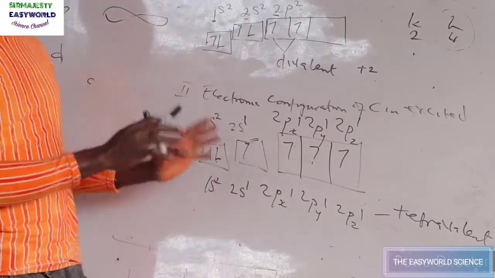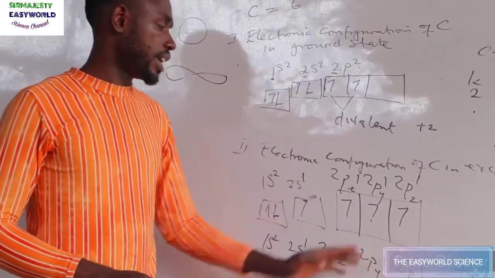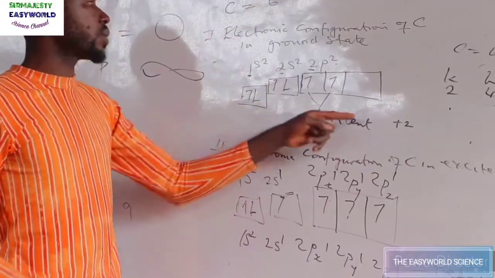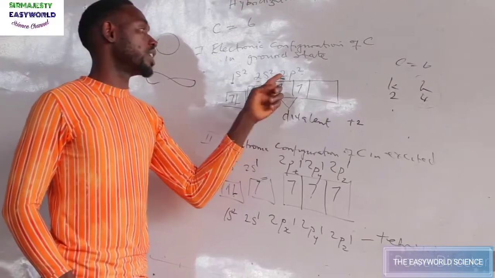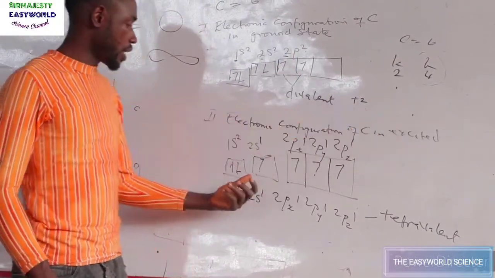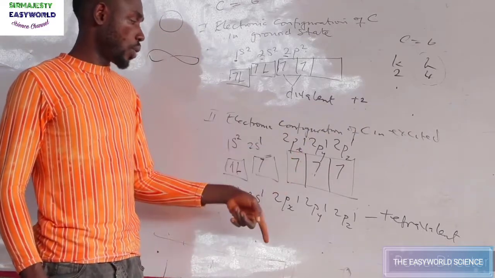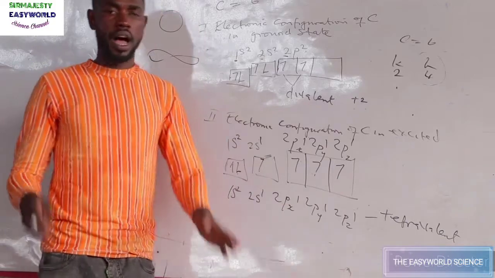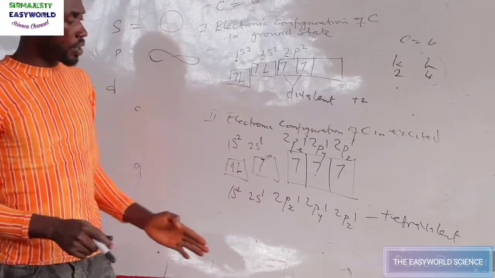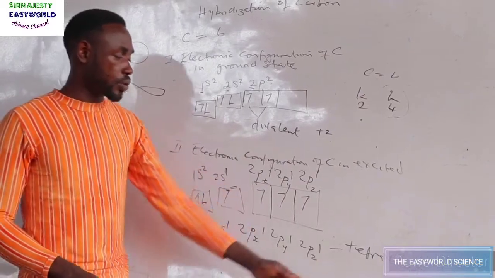And carbon has how many orbitals now qualified for bond formation? It has 1, 2, 3, 4 in excited state. Unlike in ground state, where there are only 2 lobes in the 2p orbital available for covalent bonding. But here we can see that 2s is now available, 2px is available, 2py is available, and 2pz is also available. So this is why carbon exhibits tetravalency in all organic compounds, and this enables carbon to form methane,